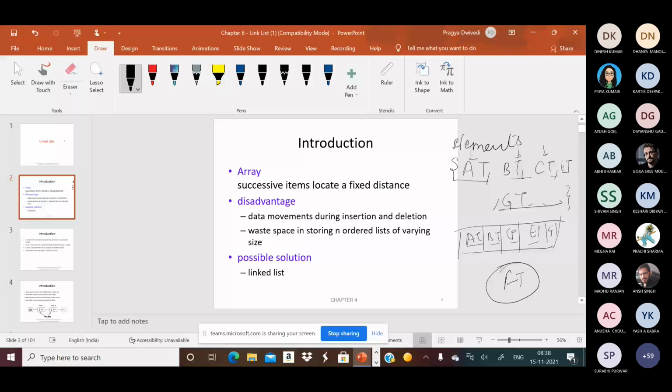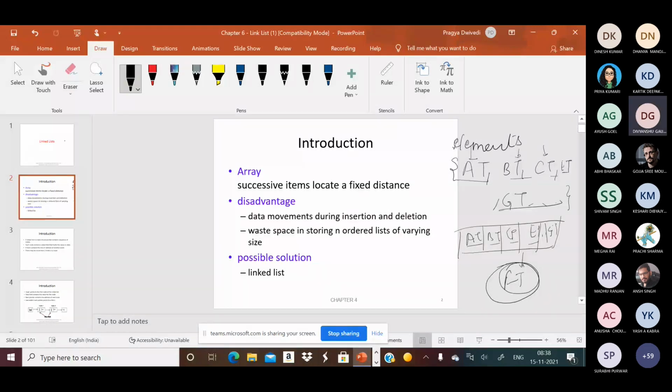If the list is an ordered list, after E the F will come, so we have to insert at this point. But we have already inserted the elements AT, BT, CT, ET, then GT. So what will you do?